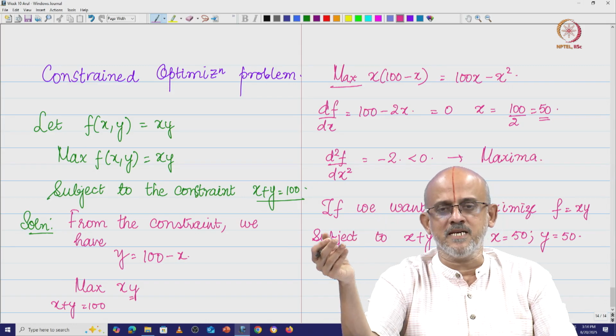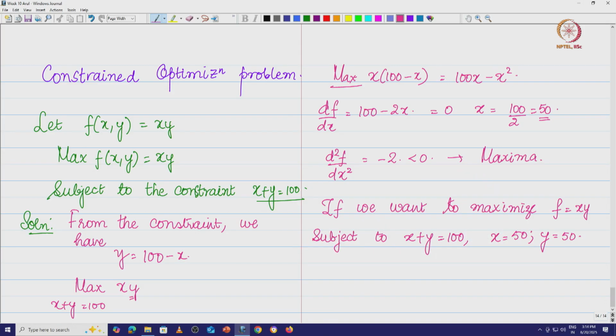When we come back in the next class, we will figure out how to use what we call the Lagrangian multiplier to convert a constrained optimization problem to an unconstrained optimization problem, and then we look at the multivariable optimization problem, which is actually the bread and butter of machine learning topics, and then we will look at, as I said, least squares and PCA.